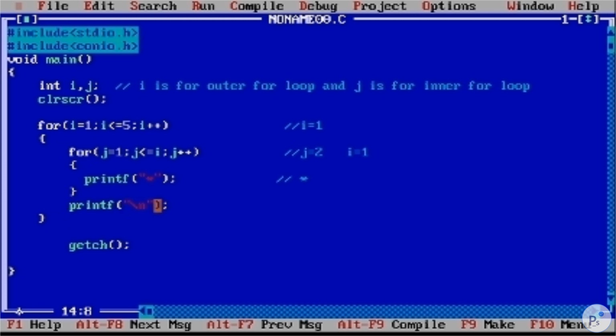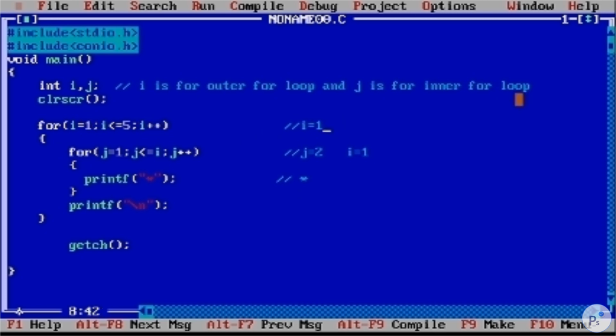It is saying to go to the next line, so our cursor will move to the next line. It will execute this and go up to here.